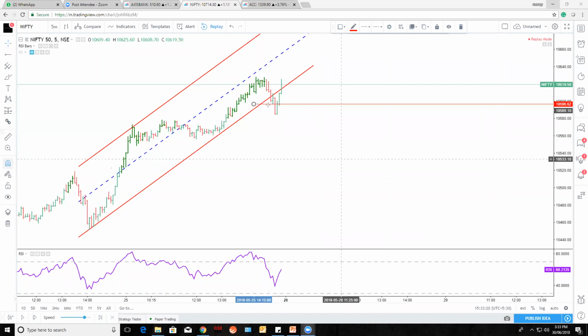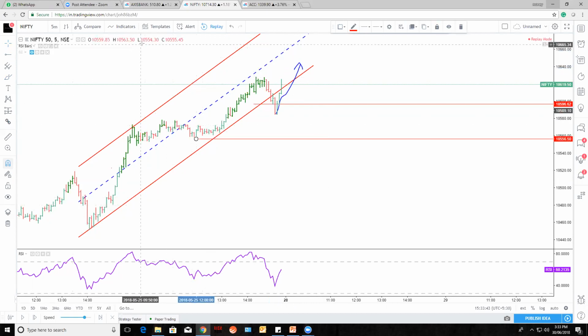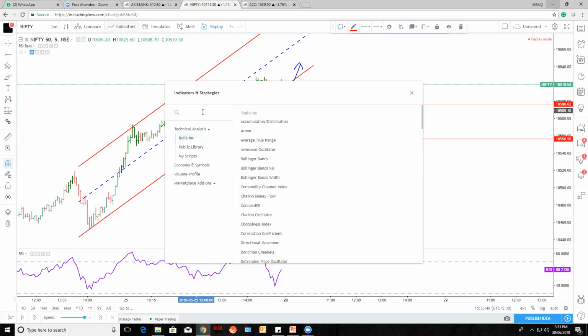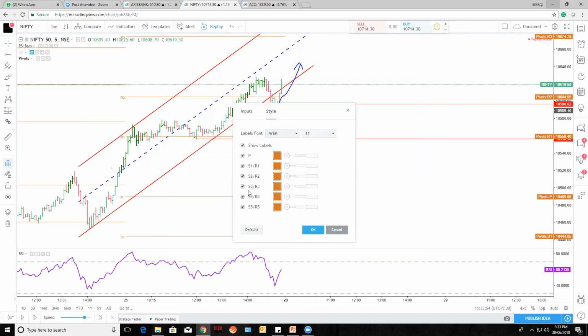Sorry, this is like whenever it is crossing the low. See, this particular candle, it has broke the low, but the candle is very small. It is not a very big one, but this candle has broke but manages to close. See what happened next, it again moved upside. So it is better that this particular price needs to break to take a sell setup, or at least the pivot point. You can add a pivot line, you will get the pivot standard points. At least that point needs to break.